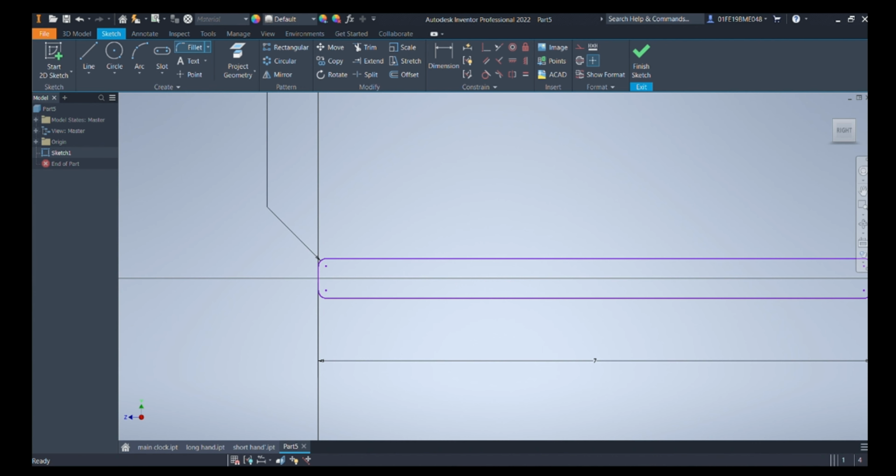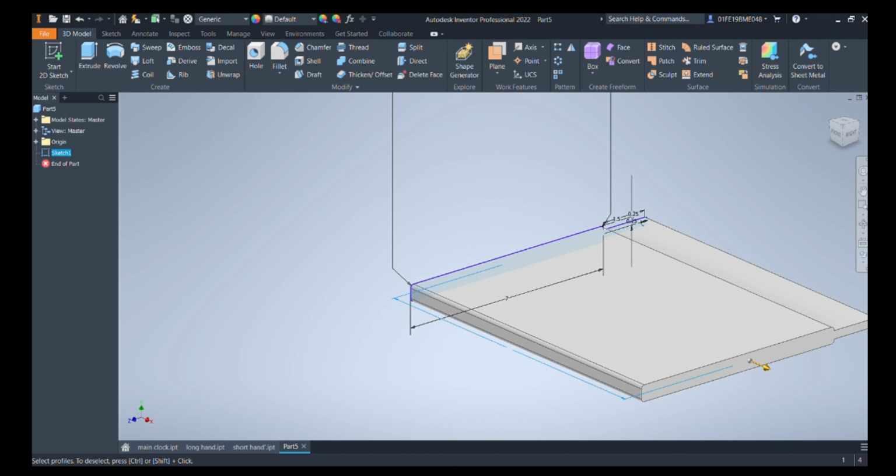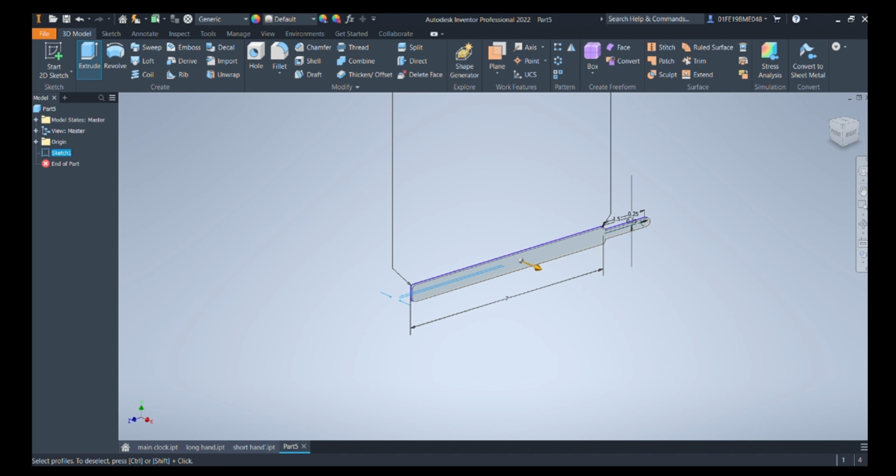Once we are done with it, we are again free to extrude it around 0.3 mm. 0.1, 0.2 or 0.3 mm is enough. Again we forgot to draw the circle, which we will be doing in the later part.